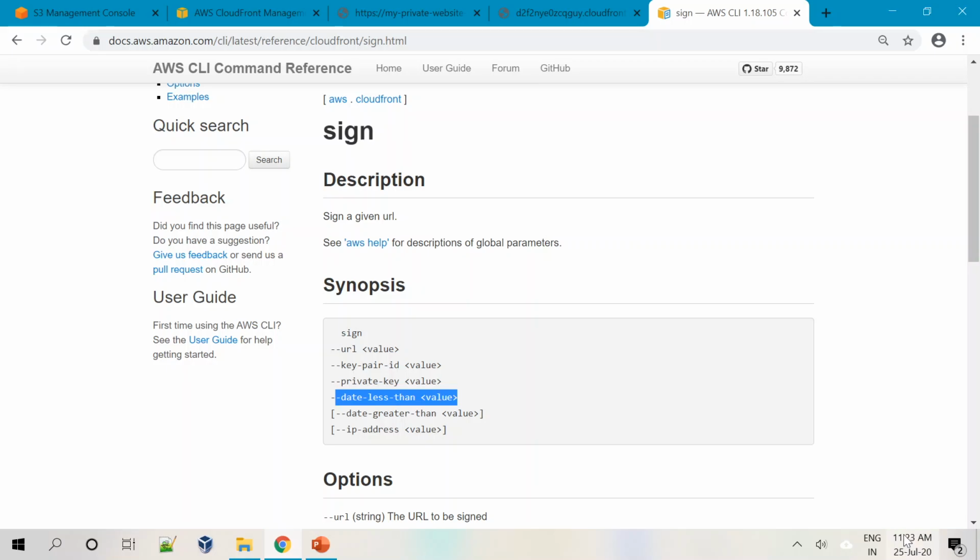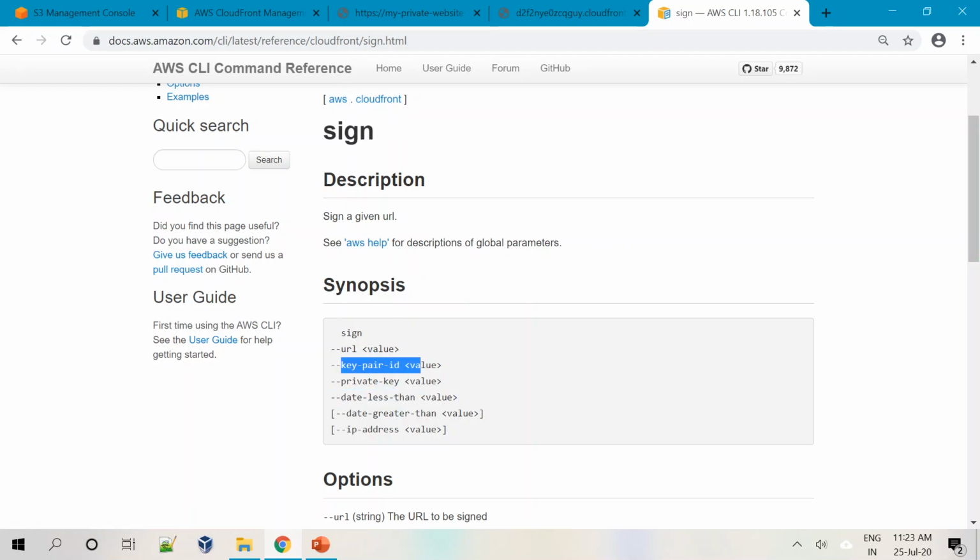For example, today is 25th July. Once the user made a payment, I want this URL to be available to him only till tomorrow evening. So I can make it till tomorrow the 26th, or maybe I can allow him to watch it only for the next 1 month. Then I can give 25th of August, something like that, right? Then this is the URL. URL is the URL that is available on the CloudFront. Then this is a signed URL.